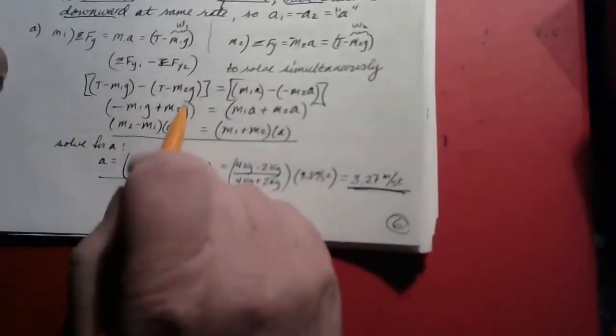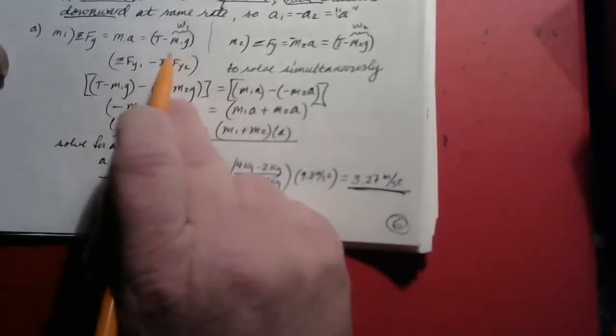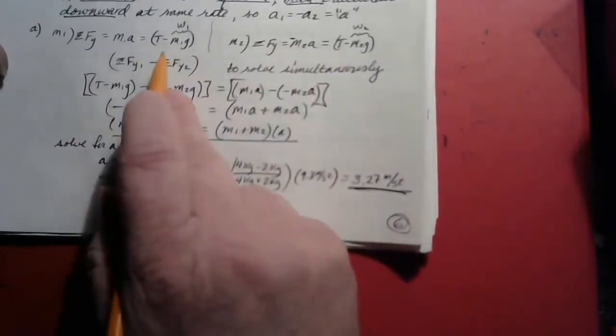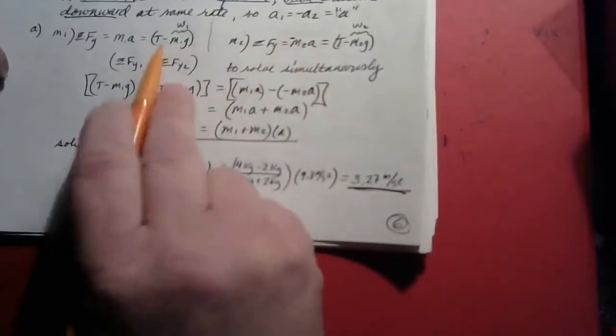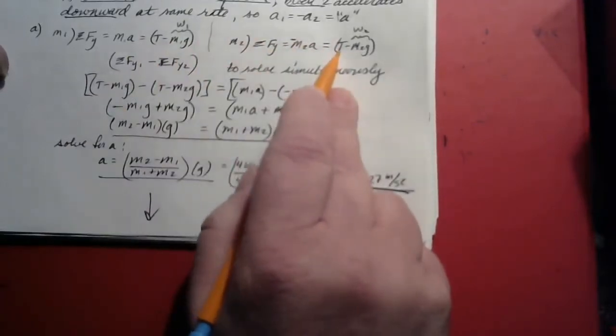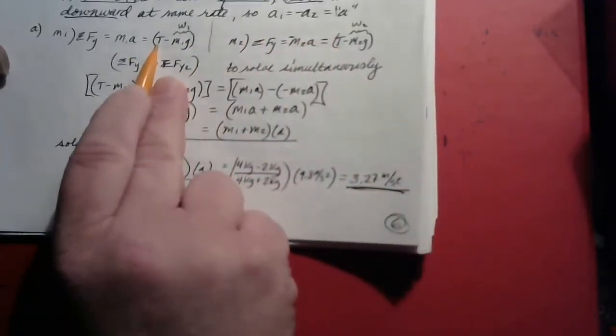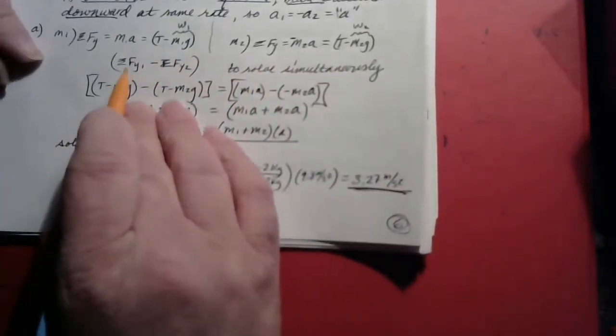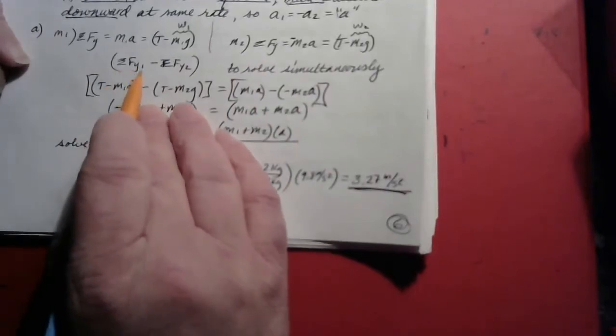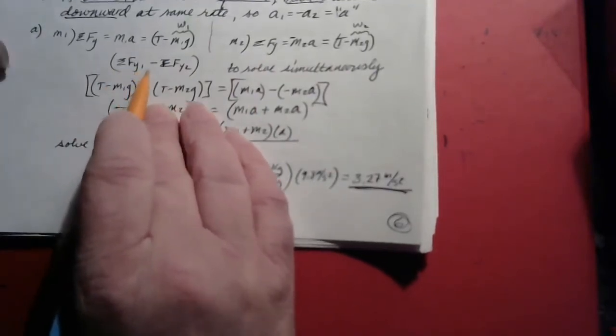Oh, sorry. And to solve for the unknown tension, we can remember the tension in the line for the two objects is the same. So this T over here for block 2 is the same as this T over here for block 1. So in other words, all we have to do to find T is to put these two equations together. We know that the summation of all of the forces on block 1 in the y direction should be